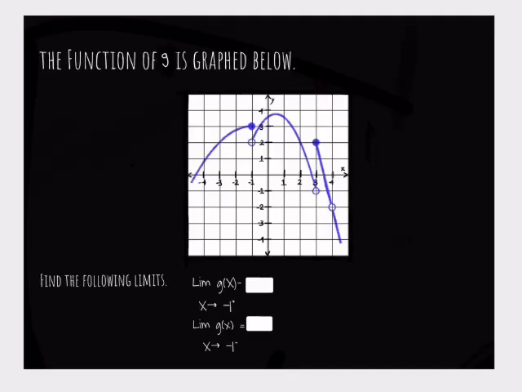The function of g is graphed below. So now they're asking us to find the following limits: the limit of g(x) as x approaches -1 from the right, and the limit of g(x) as x approaches -1 from the left. Before we start with the graph, we must know that the left side is always negative and the right side